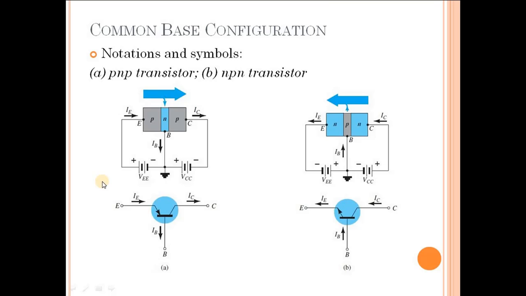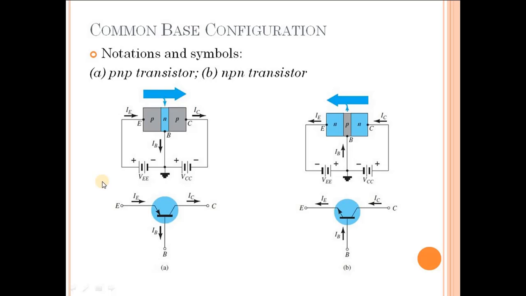The complete behavior of a three-terminal device, in our case the BJT, can be characterized by using two characteristics. One is input characteristics and the other is output characteristics. The input characteristics, which we discussed just before, are basically a set of curves which show the variation of the input current IE with the input voltage VBE for different values of VCB. So this is the input characteristics for the common base configuration of the BJT.